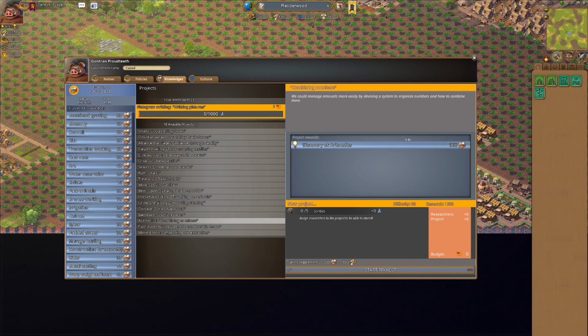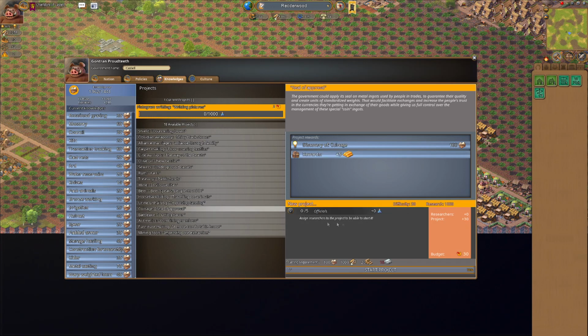Arithmetics, I've already talked about this one. It's huge score, but at the same time, this is a lot of knowledge. So actually, I can't go for this one. And it uses scribes as well, so I'm not going to get that one just yet. Coinage, again, I already talked about this one last episode. Really want to get this one. But